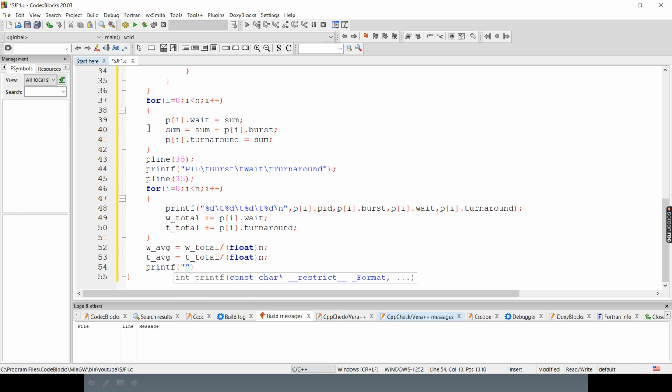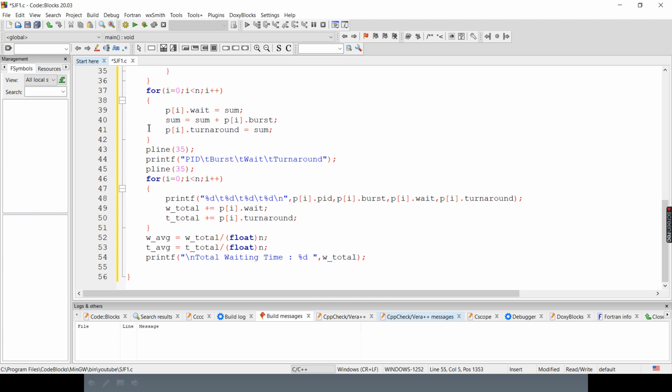So first we will print total waiting time. Total waiting time is stored in W total. Then we will print average waiting time.